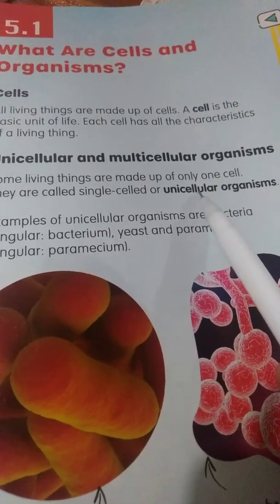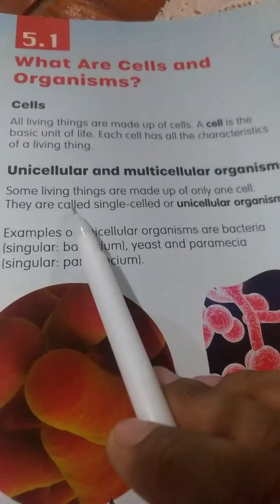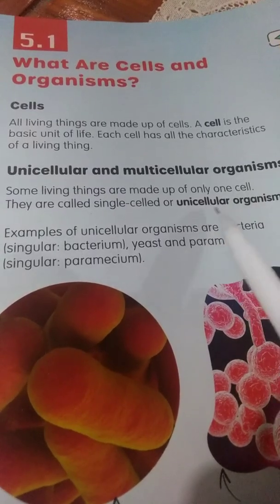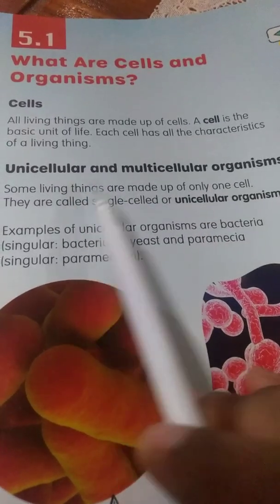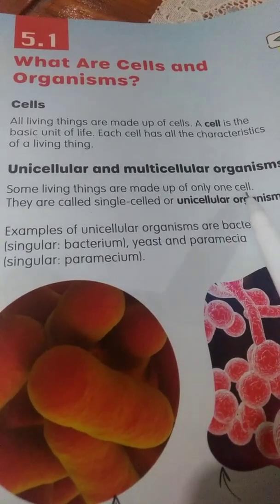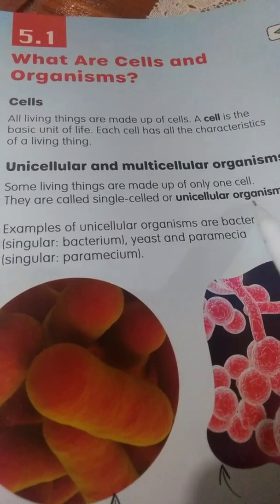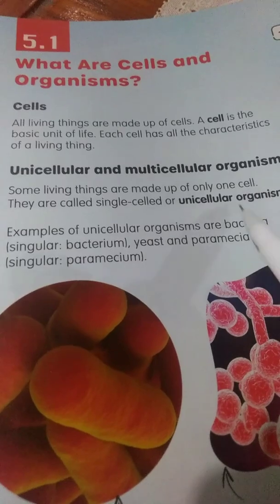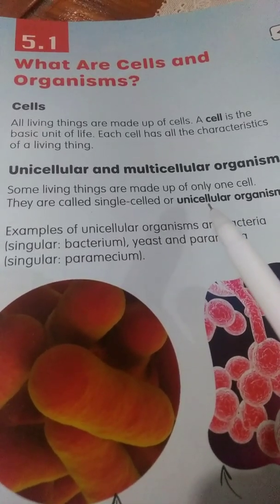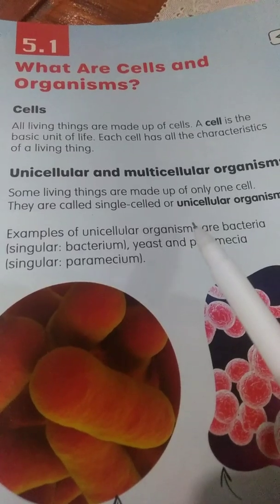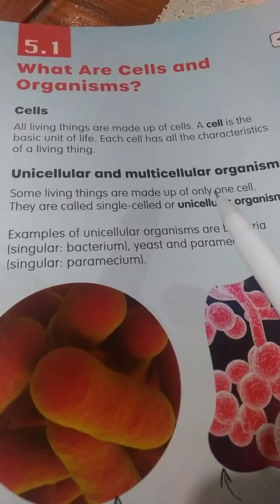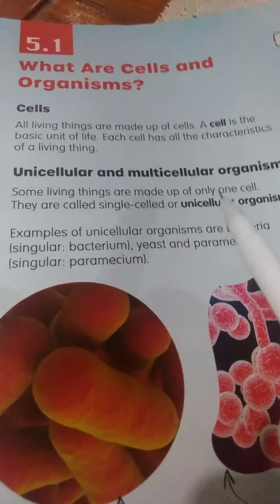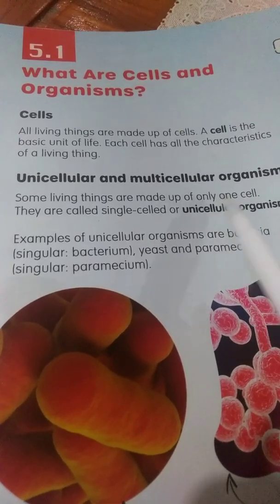What is unicellular organism? This is the living things that are made up of only one cell. So, when I say to you unicellular organism, what is that? The living things that made up only one cell, hanya terdiri dari satu sel. So this living thing does all the life process using the one cell ya. Jadi semua proses hidup pada unicellular organism ini ya dilakukan oleh satu sel itu. Breathing and then moving and then respiration, semua proses dilakukan oleh satu sel itu karena unicellular organism, only one cell.